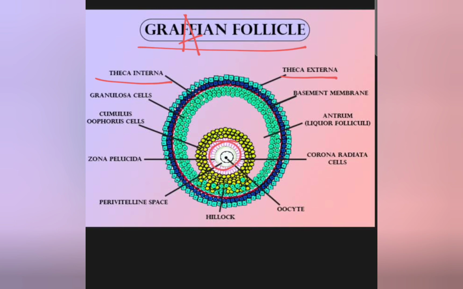And this one is the oocyte, as you can see here, and different layers along the oocyte are there, which I will talk about later while I discuss the mechanism of fertilization. The layers are perivitelline space, zona pellucida, corona radiata, basement membrane. All these layers are there around the ovum. Okay, so I hope the histological structure of ovary is clear to you all. In the next video I will start talking about gametogenesis.